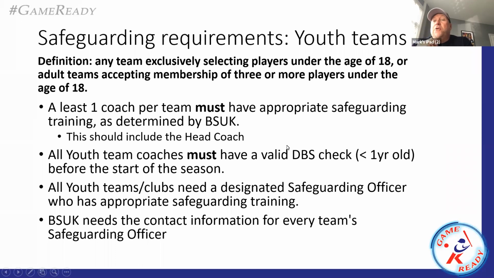So if we don't know who you are, who the safeguarding officers are, how to contact you, it's very difficult for us to keep up to date with those sort of things. We have a mail out, a little email web thing that goes out once every 6 weeks or so. That's got all the information about safeguarding, and we like to get you onto the list so we can keep you up to date with what's what. So that's it for youth teams then. That's relatively quite straightforward.